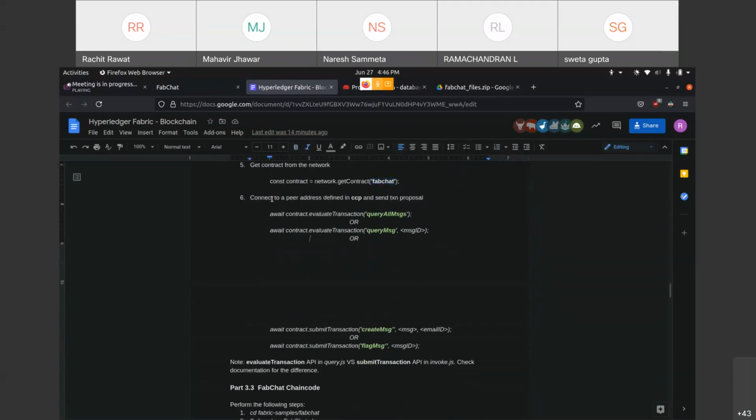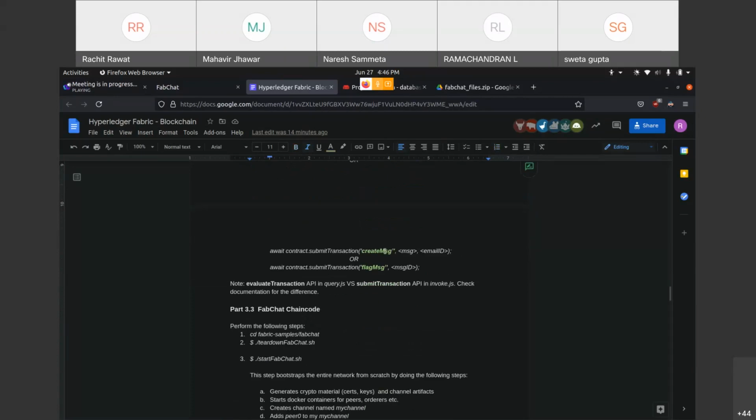And the next step will be to connect to a peer address defined in your connection profile, and we'll send a transaction proposal. And the commands to do that differ on the basis of what actually you're trying to achieve. So for example, you can query all messages. You can query message by ID. In that case, you have to provide the message ID as an argument here. And then you have this create message transaction.